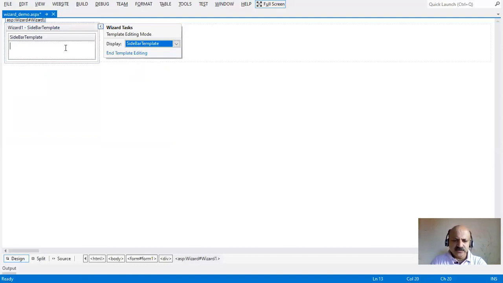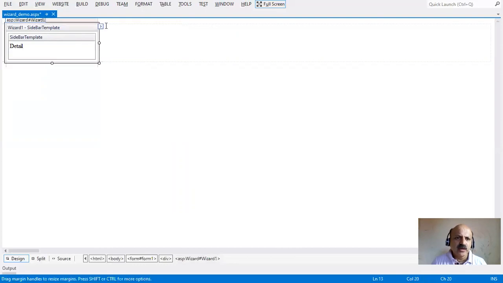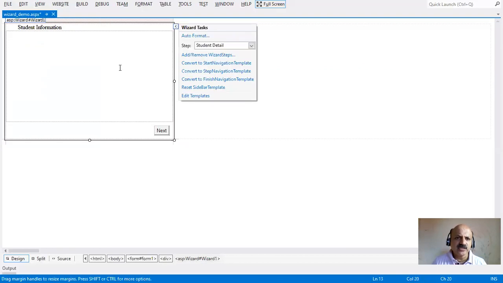There we can just give Detail. So there is the sidebar, or you can say points. Okay, so you can also use all the navigation templates. I just use them here too. And now we go to the ending template editing. So there is Finish. Okay, now here